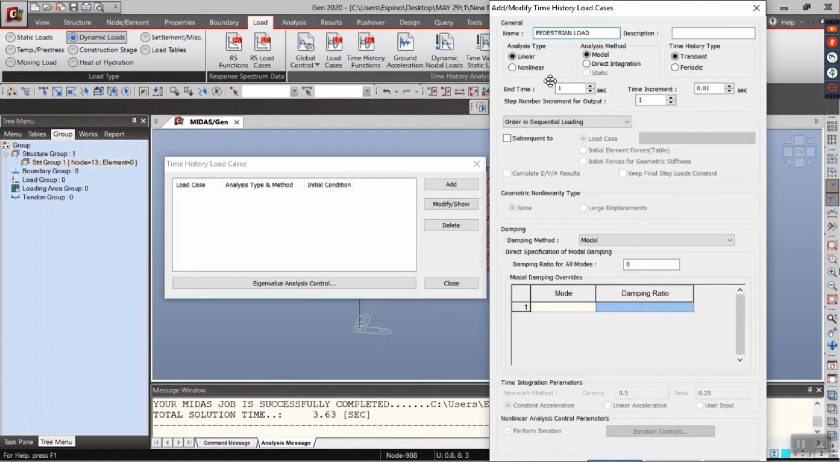So for the pedestrian load, the time history type is transient, as we all know. And for the end time, to consider the vibration due to the final loading input, it should be longer than the needed time. Since we have 13 nodes where we will be applying the nodal loads, or dynamic nodal loads,